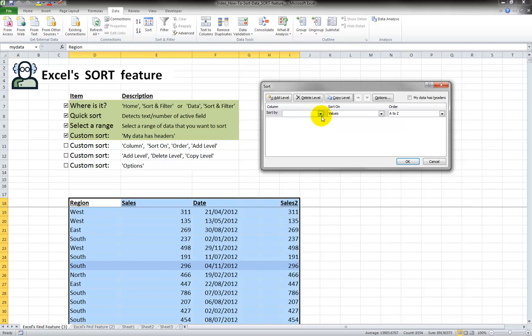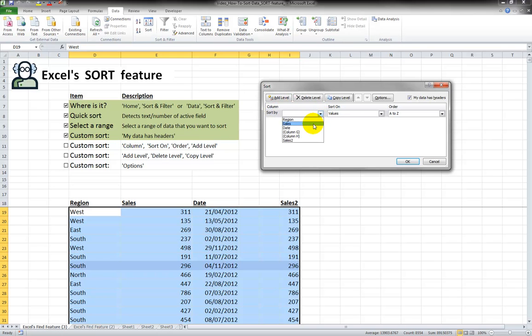and the first thing I have listed down here is the column. Oh, okay. So my data has headers. So I go up here and click that, meaning I don't want to sort this. I want this row 18 to stay at the top. So I'm going to click on this, my data has headers. Now for the column part, which is this thing here, let's sort